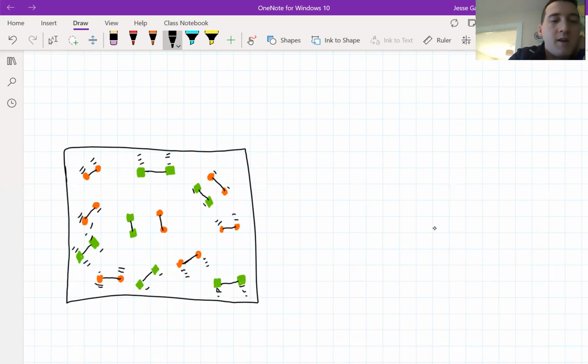Now these two particles in the center here, these two are moving towards each other. Eventually they might collide, but that doesn't mean that they're definitely going to react. So if we want them to react, then we need to try and make sure that the collision is successful. So if we want to increase the chance of a successful collision,